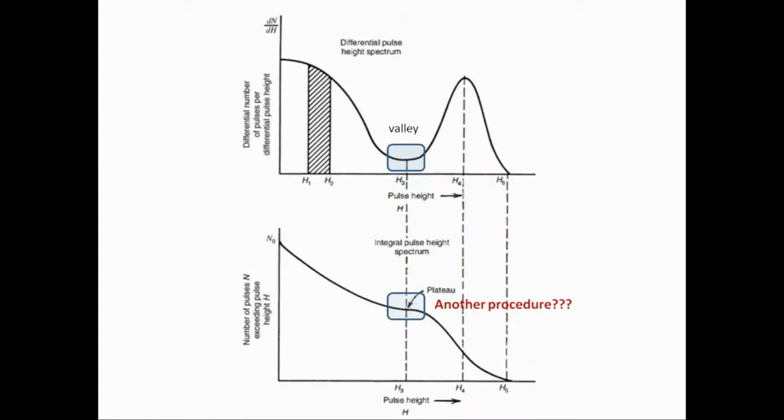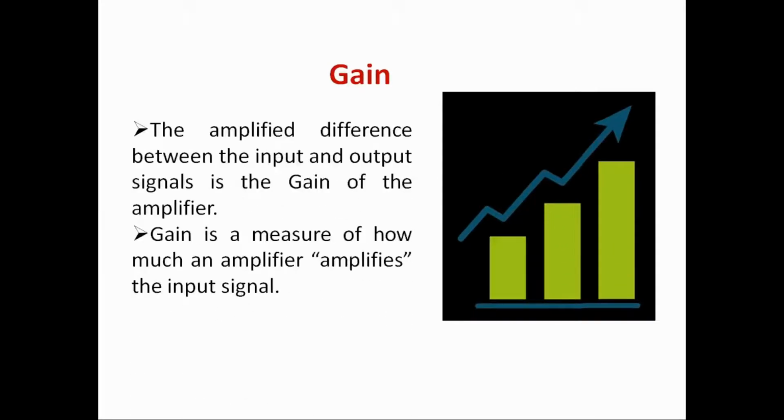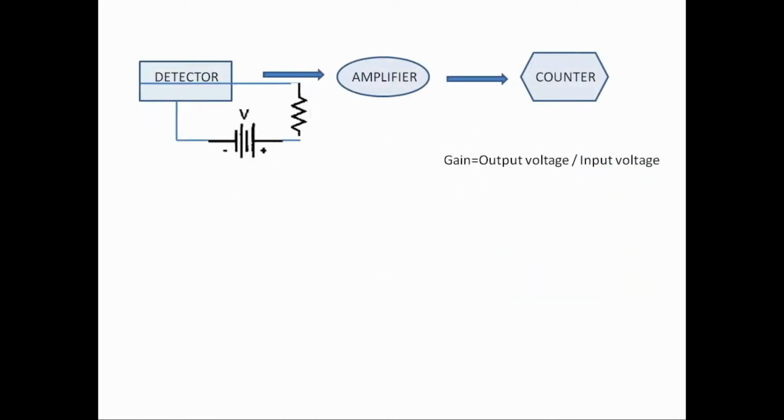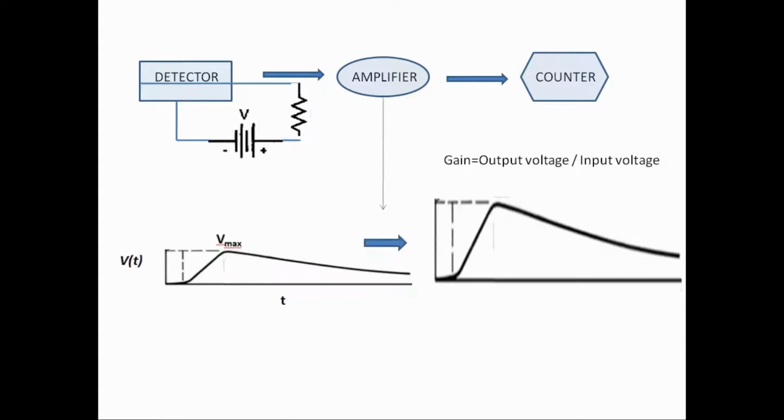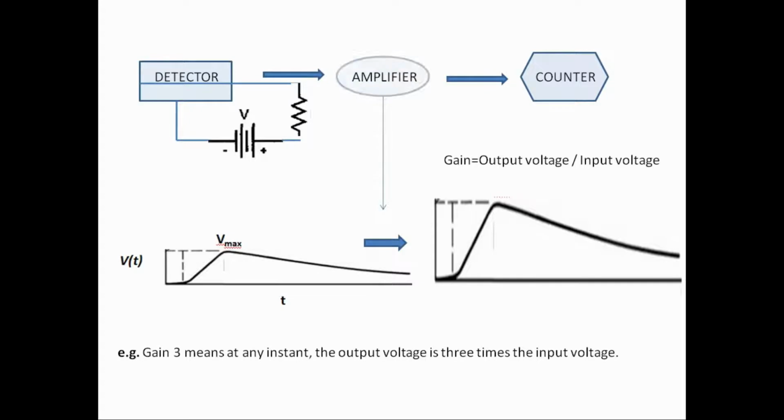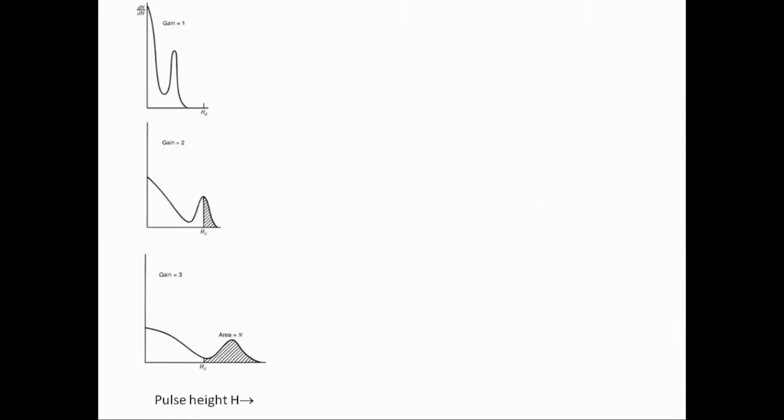For a particular radiation detector, it is often possible to vary the gain or amplification provided to the charge produced in the radiation interactions. This variation could be accomplished by varying the amplification factor of a linear amplifier between the detector and the counting circuit, or in many cases more directly by changing the applied voltage to the detector itself. This figure shows the differential pulse height distribution corresponding to three different values of voltage gain applied to the same source of pulses.